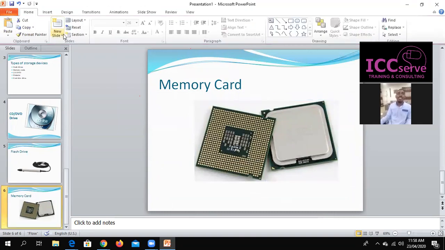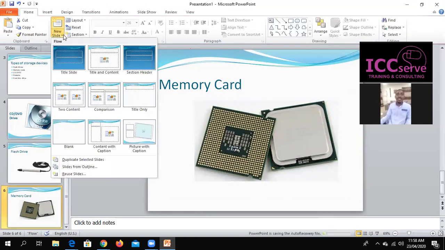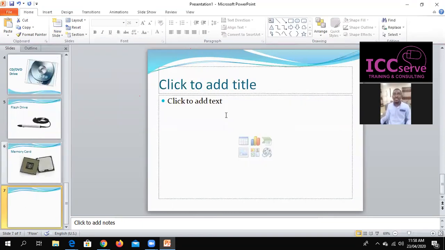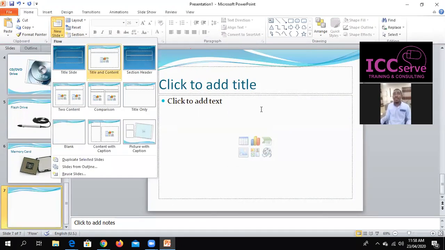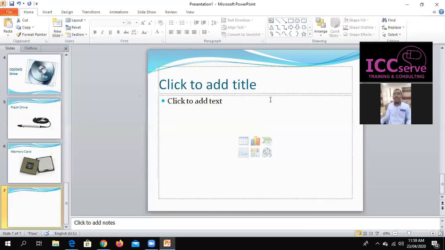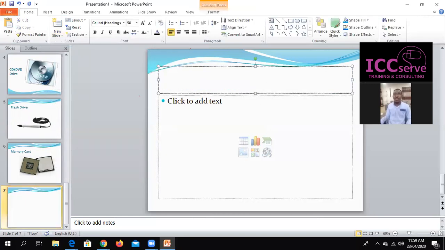So for the next slide, I'll just do the last slide and then we'll move on to the next thing. My next slide, I'm still using this title and content. This time around, I'd like to use a table. I'm not sure what I want to put in the table, but I just want to explain to you how it works so that you see. So I will now say